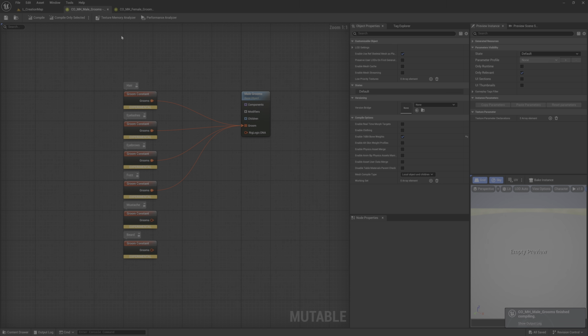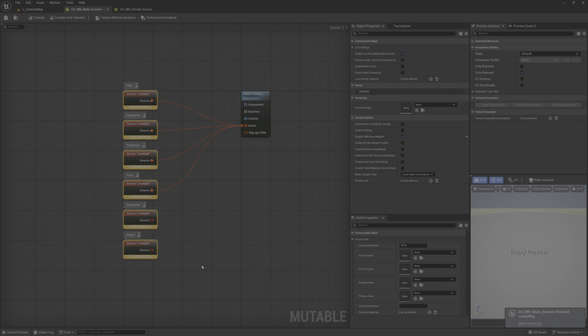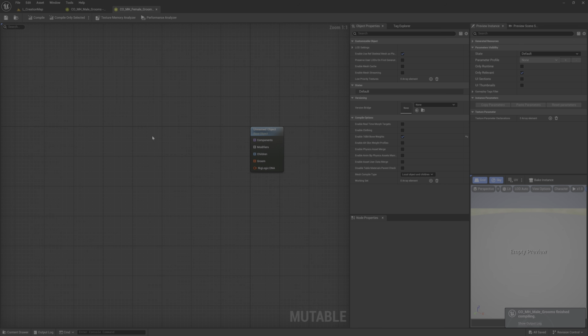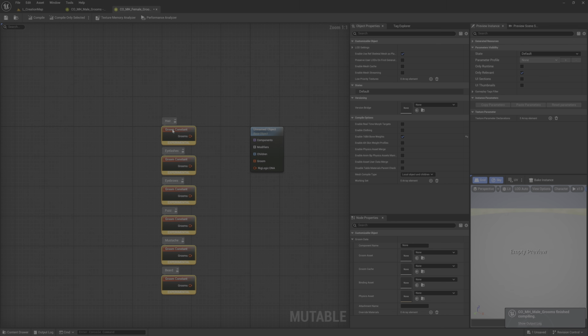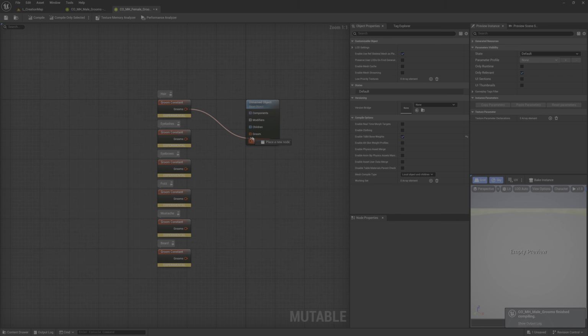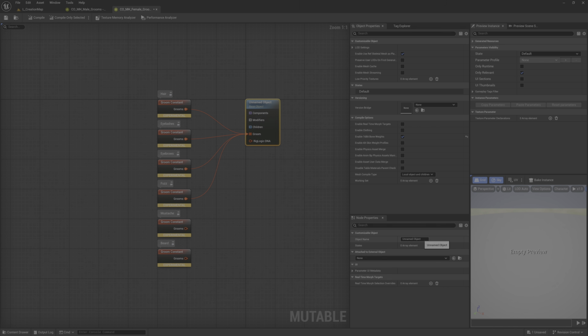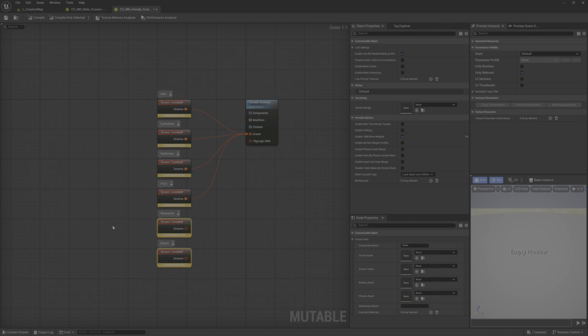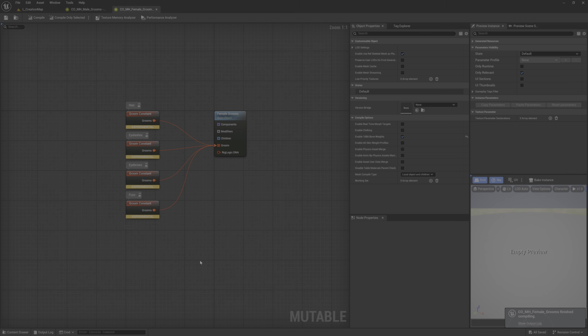Compile and save, and I will just copy this and paste it here and connect everything again. And rename this to FemaleGrooms, and I will just delete beard and mustache because to be honest, I will not use a bearded female, but if you want to keep it, it's up to you.